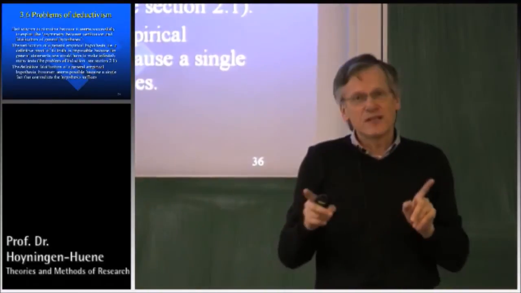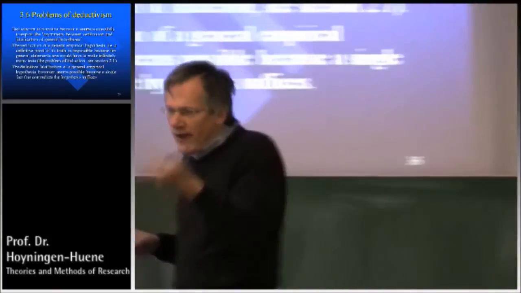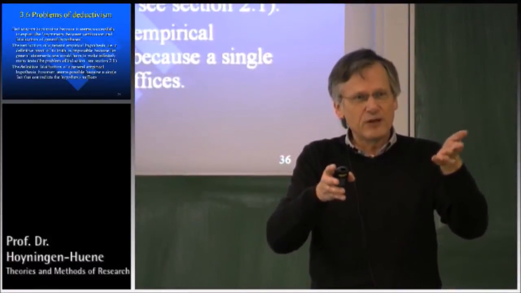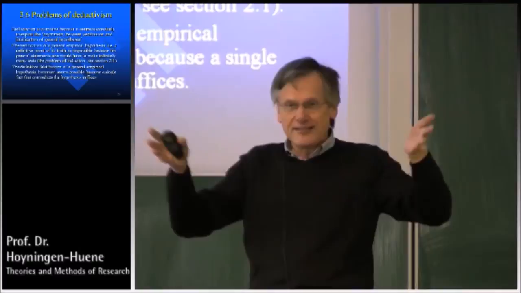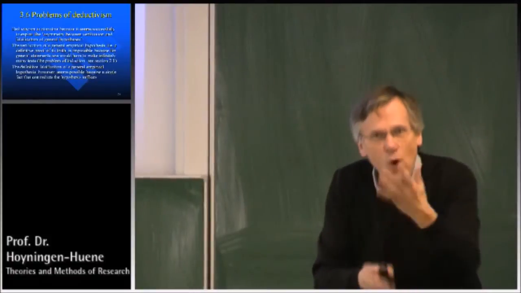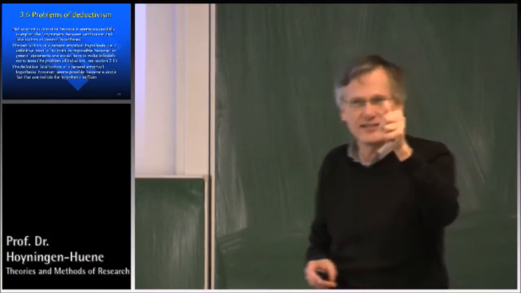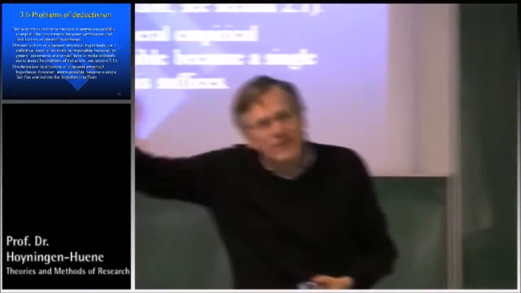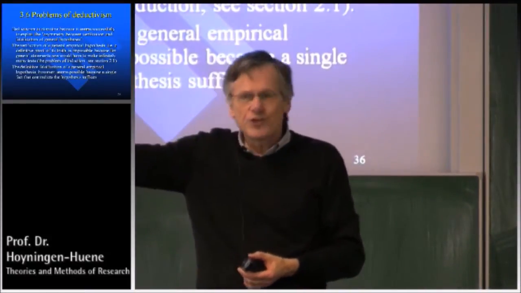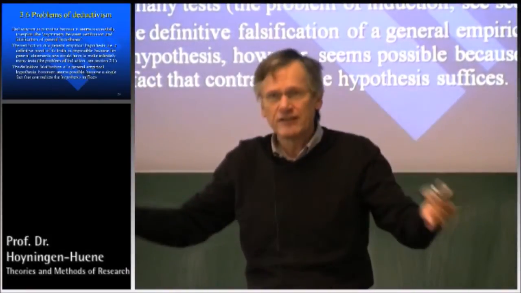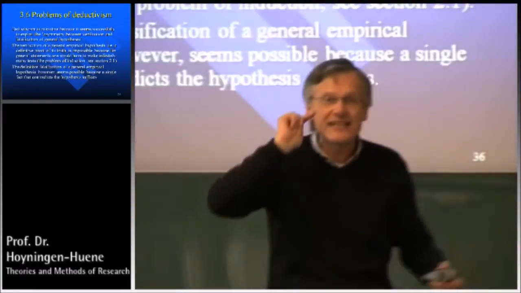And that is what deductivism exploits. Deductivism says, well, that's the trick. We don't even try to verify general hypotheses because we need infinitely many cases. That's not possible to do. But what we can do is definitively falsify hypotheses by having one counterexample, by one single case. And that's the asymmetry I describe here. And therefore, deductivism is so attractive because it tells you you can avoid this damn problem of inductivism, which tells you to have more and more data, and it never ends. And you can never definitively prove it, but what you can do, you can definitively disprove it.